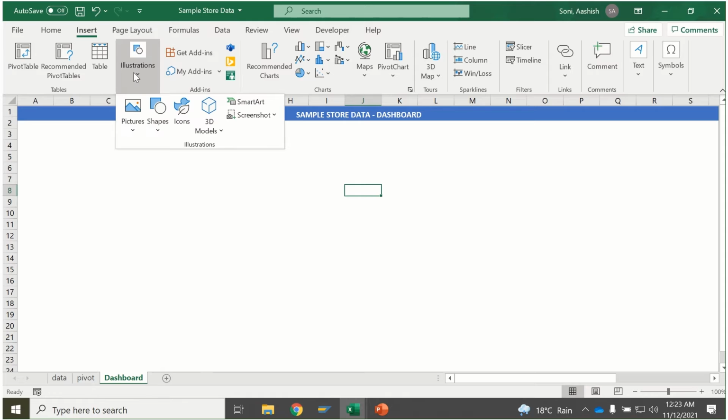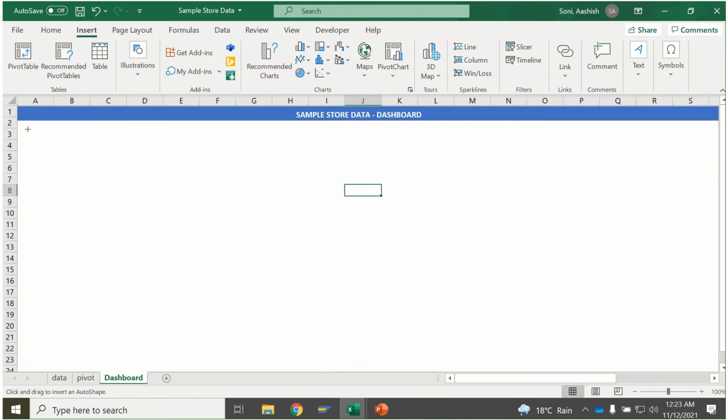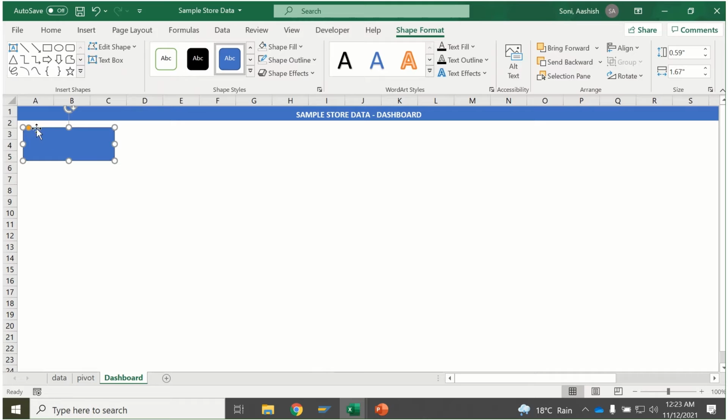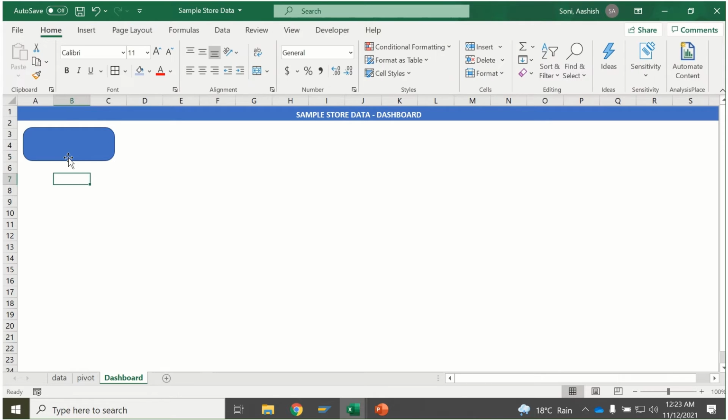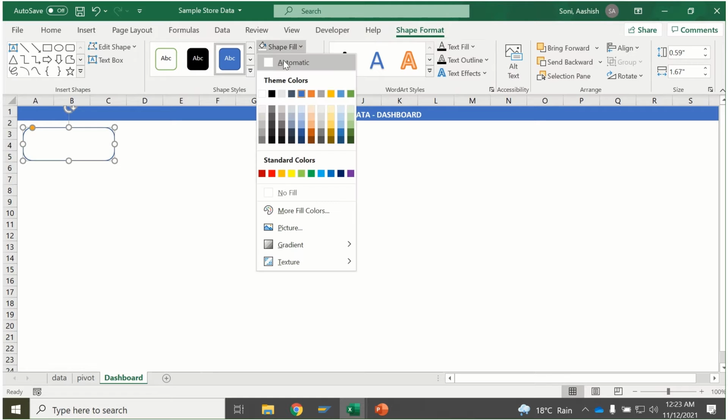Okay, you will click on illustration, you'll click on shapes, and you'll take any of these boxes. I'll take this box, I'll click and I'll drag. If you see this yellow handle, you can drag it like this or like this, whatever you want to make. Okay, I'll click here. Now I'll go to shape format, I'll click on shape fill and